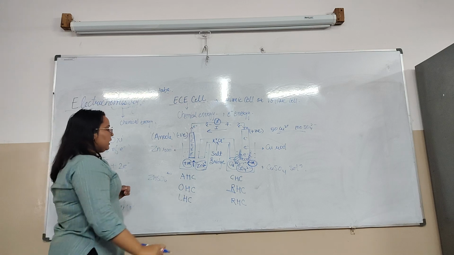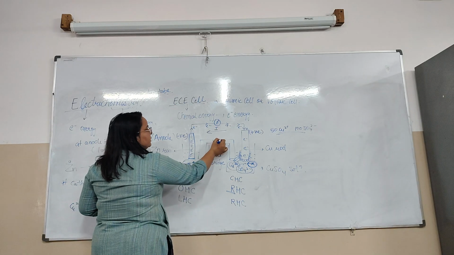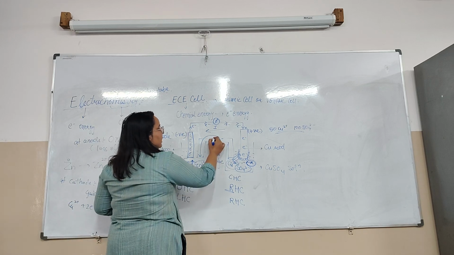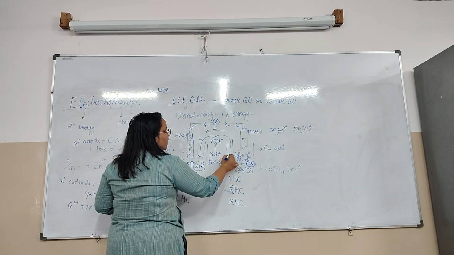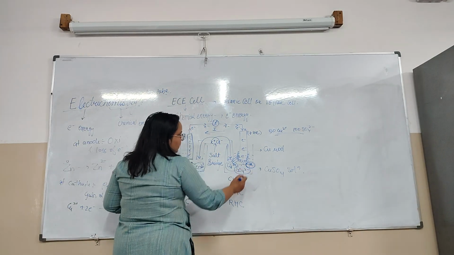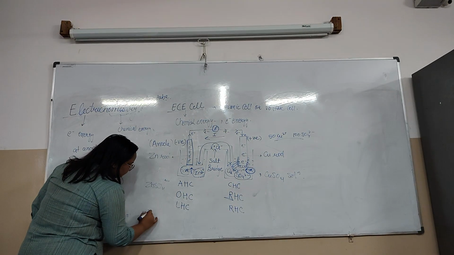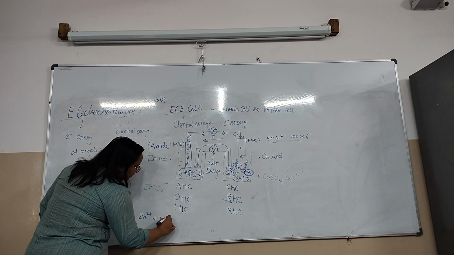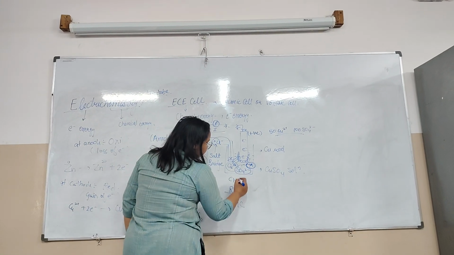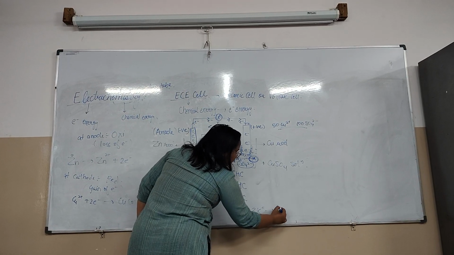KCl. Now, see here in this cell, in the left half cell, positive charge is increasing, so negative ions will come to neutralize this charge. Here, negative charge is increasing, so a positive ion, potassium ion, will go to neutralize this negative charge. Now what will happen? In the left half cell, the Zn2+ will react with 2Cl- and form ZnCl2. In the right half cell, we have SO4 2-, which will react with 2K+ and will give